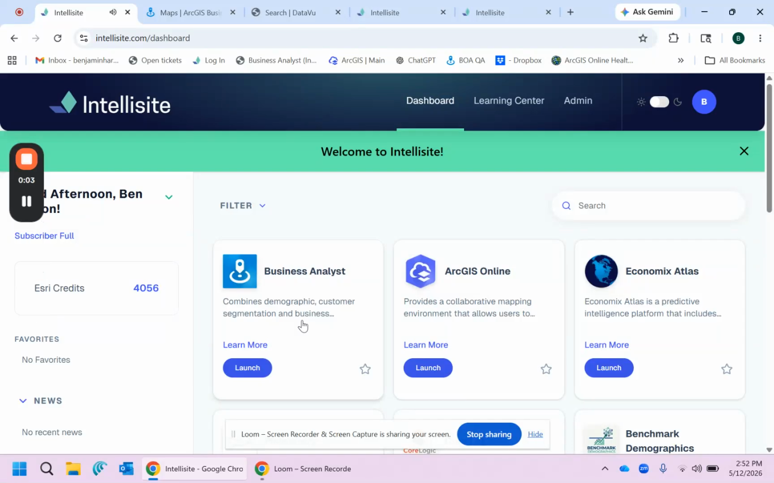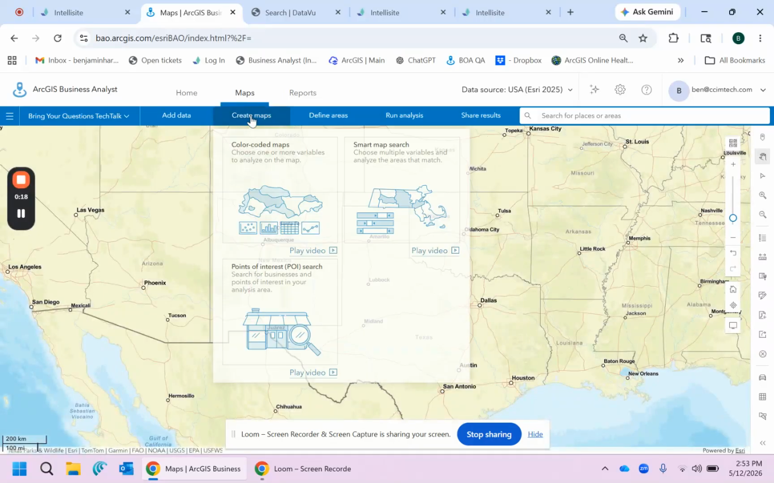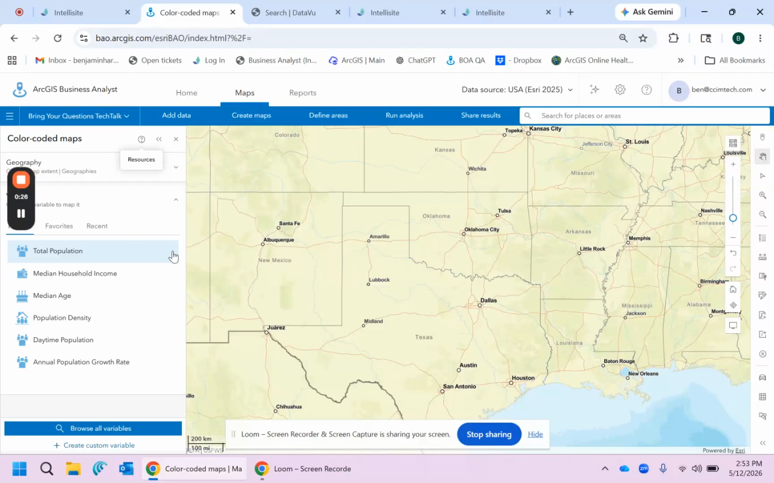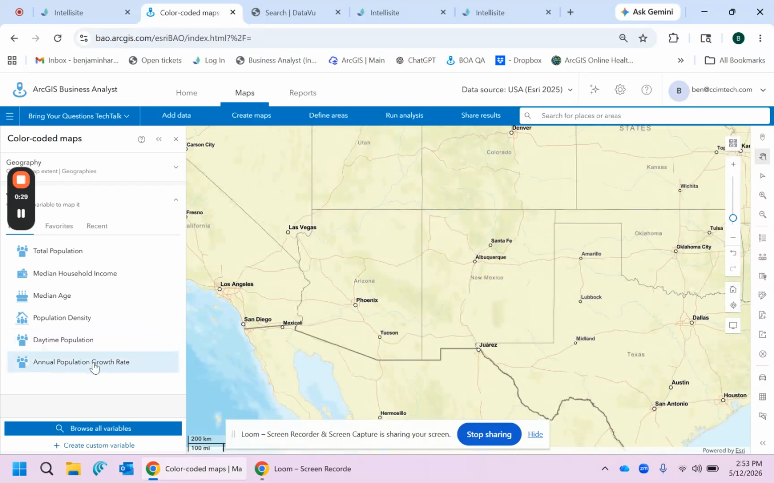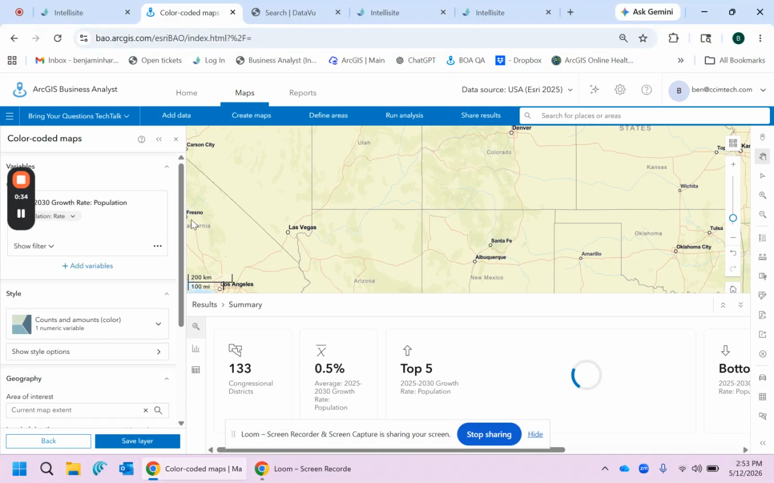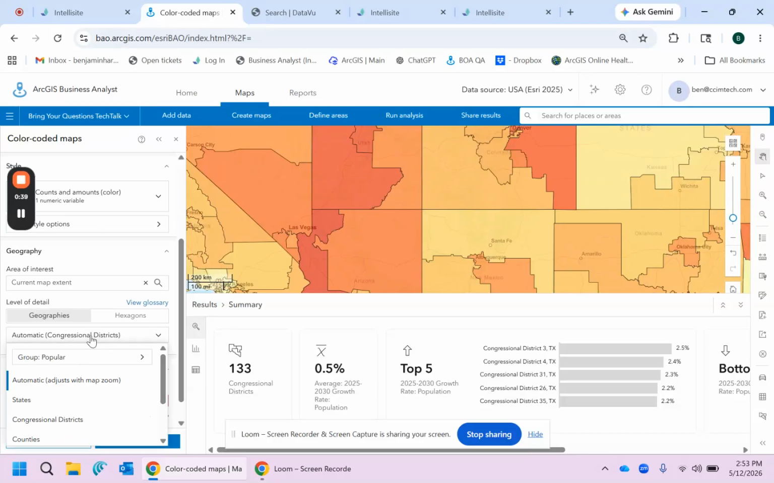The brand new Intellisite.com provides access to industry-leading tools for the economic development organization that you're currently working in. Whether we're talking about industry-leading tools like Business Analyst that allow users to create customized maps based on certain demographic characteristics, here a user might be interested in looking in a specific area for finding out where the population is growing. Here we can search for multiple different demographic variables at once,